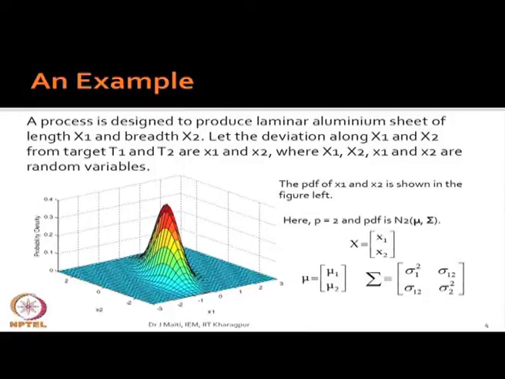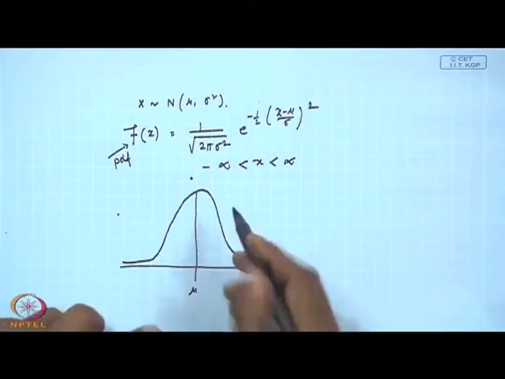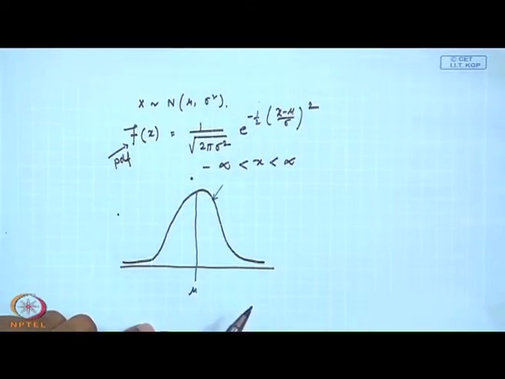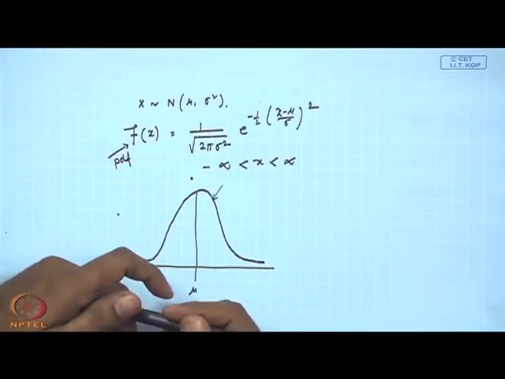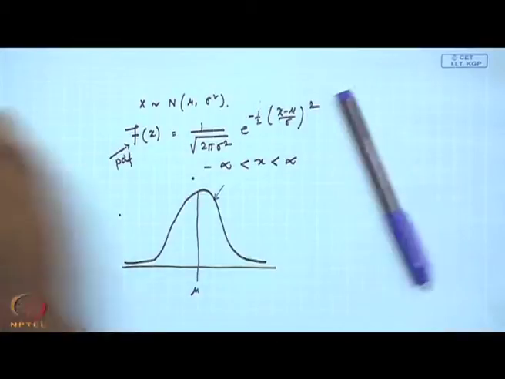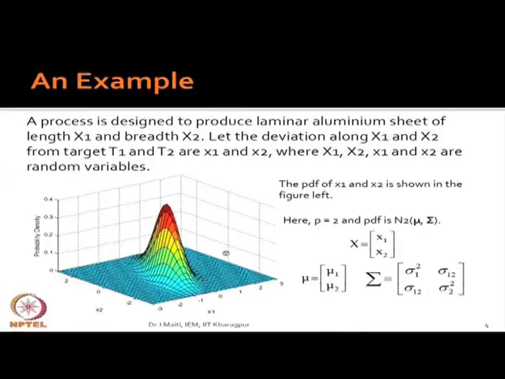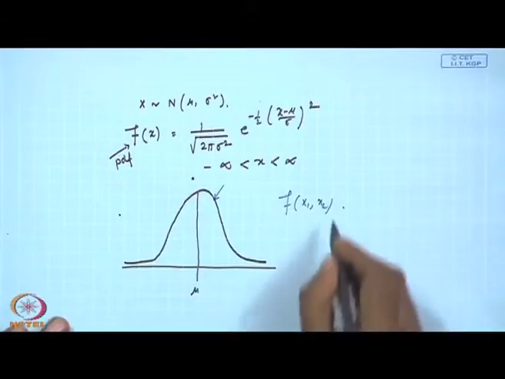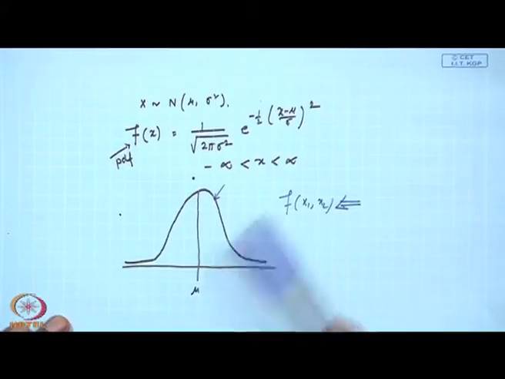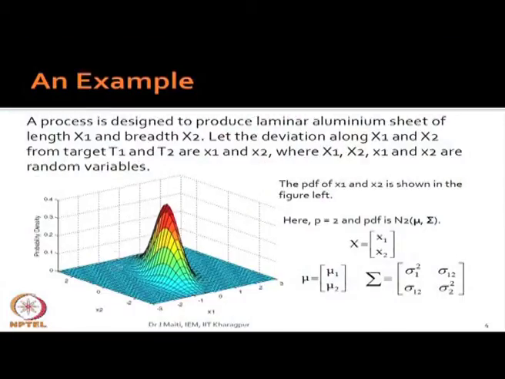So, the univariate PDF is this. You want to visualize its multivariate counterpart. So, let us consider a bivariate case. You see this slide, in this slide you see that there are two variables x1 and x2 and probability density, that is joint density, f(x1, x2). So, this is what is given in the figure.